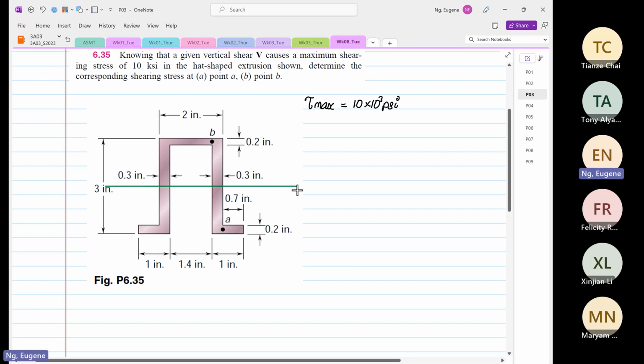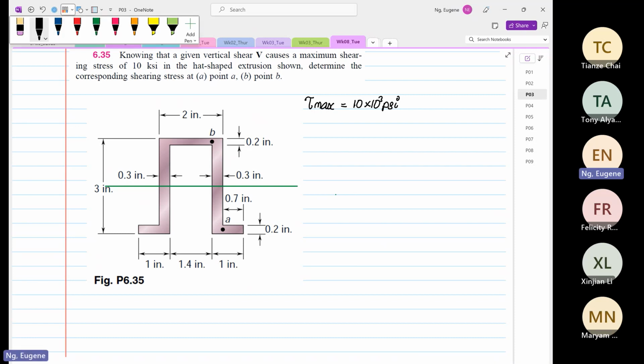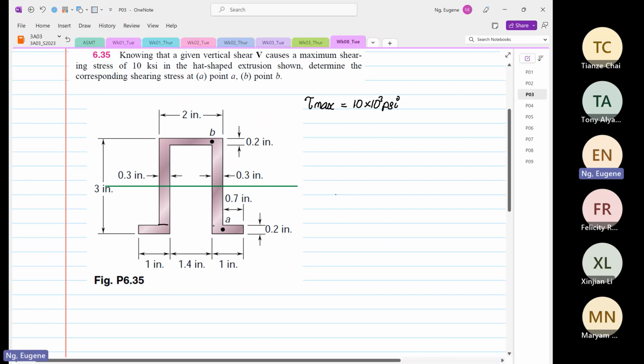It's exactly down here, so it's 1.5 inch. Some of you will ask, why do I say that? Because if I section the part this way,